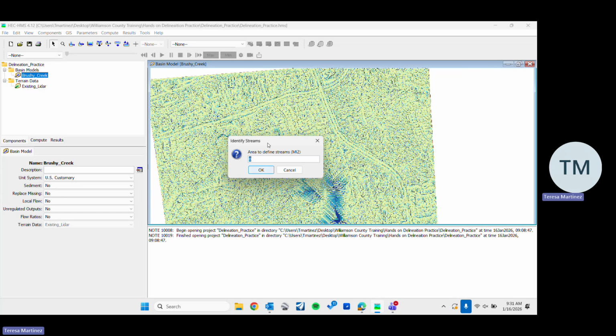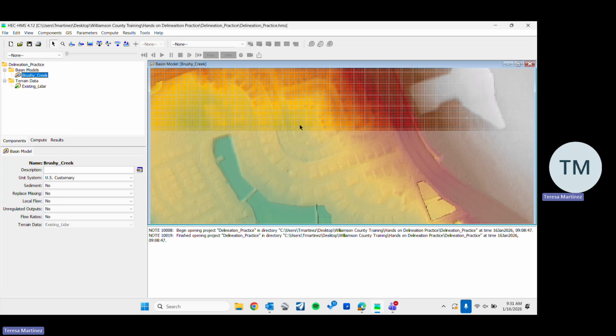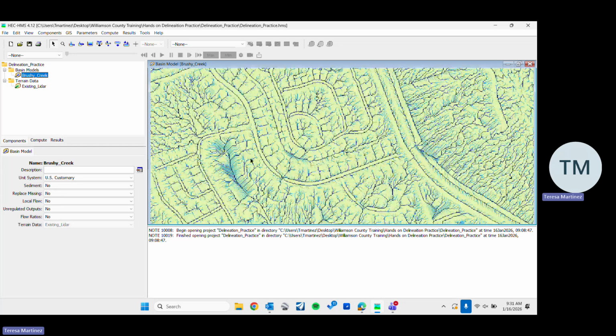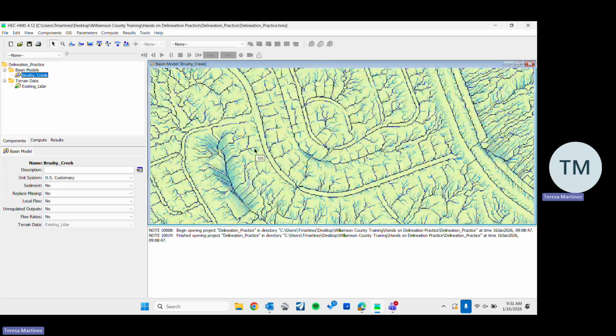So what we are setting is, look at each pixel, and then we provide the area, say 100. So from that particular pixel, it's going to determine,